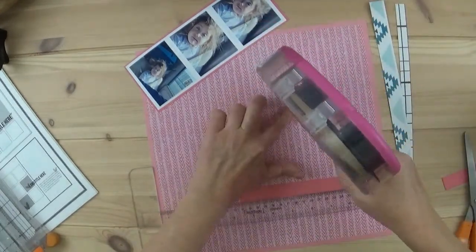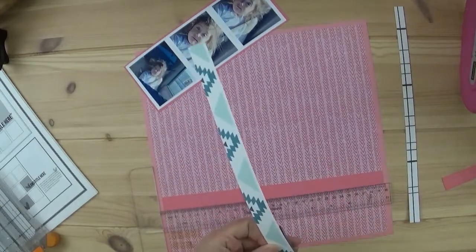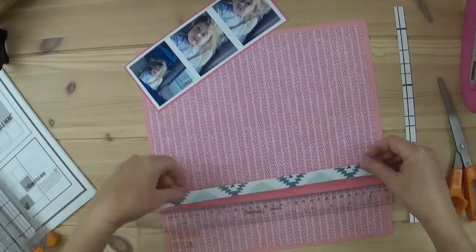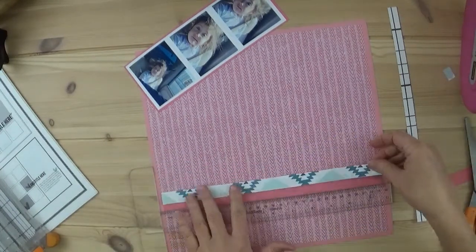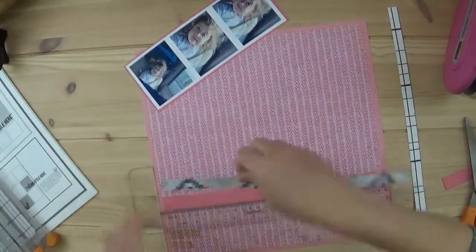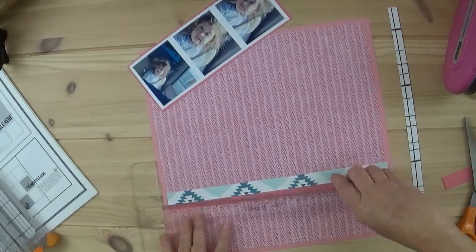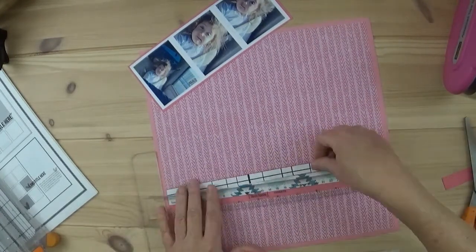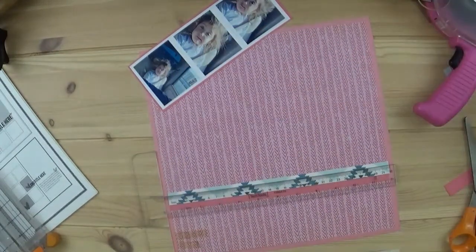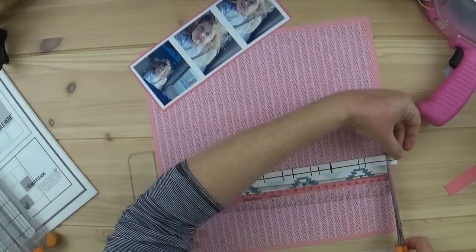Now this pink, I had it in my stash. I'm going through my stash now and just trying to eliminate, since it seems to be a topic on one of the Facebook pages about whether you keep your scraps or not. Well, I do. As you can see, I keep a lot of scraps because you never know when you're going to use it. And when you've been scrapping for as long as I have, you've gone through and gotten rid of a lot of stuff. I've done lots of purges in the past,